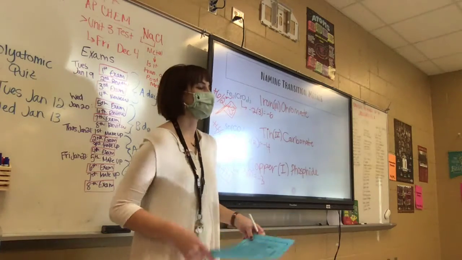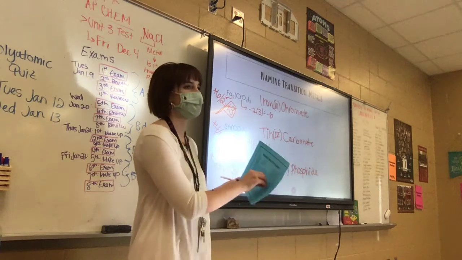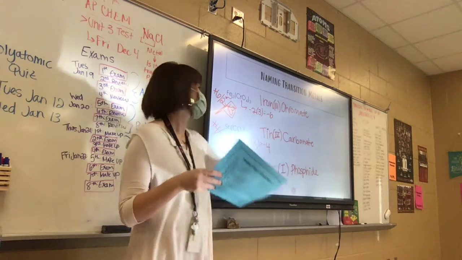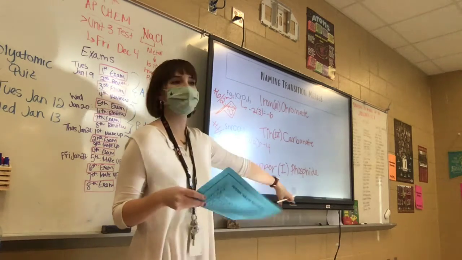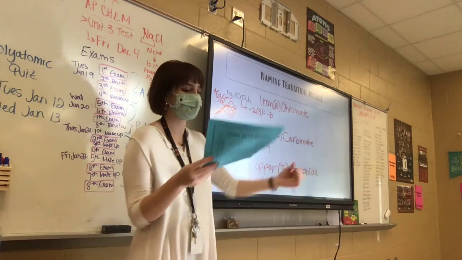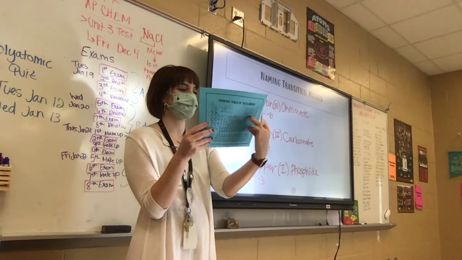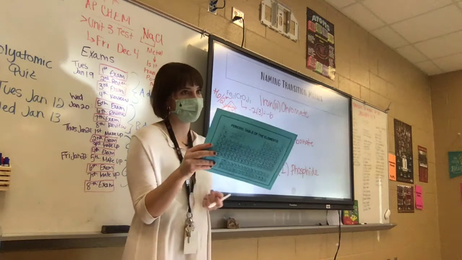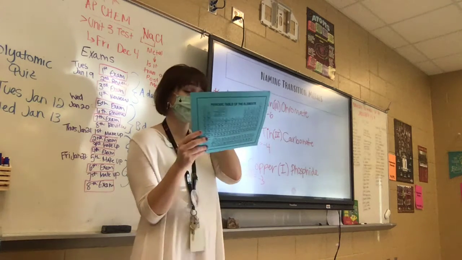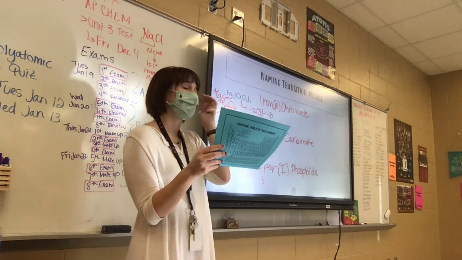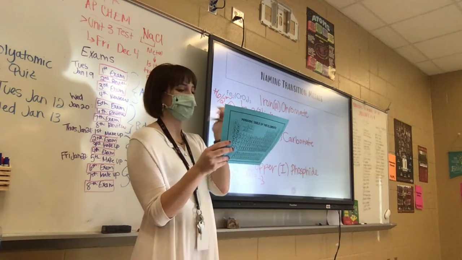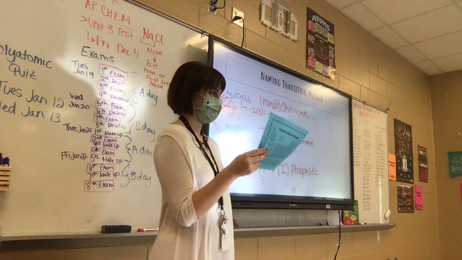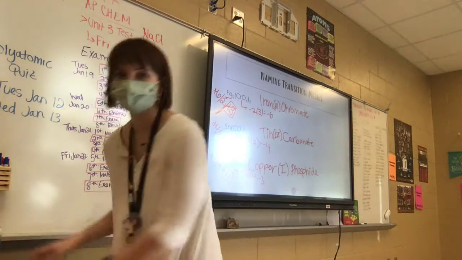And again, this only happens with transition and post-transition, right? If you have a metal in group 1 or group 2, you do not need to do this. You do not need the Roman numerals. Okay, you only need them if it's a transition or a post-transition. Okay? Because if I give you sodium carbonate, it's not going to have a Roman numeral in it because it's assumed you know that sodium's always going to be positive 1. Okay? All right. So now